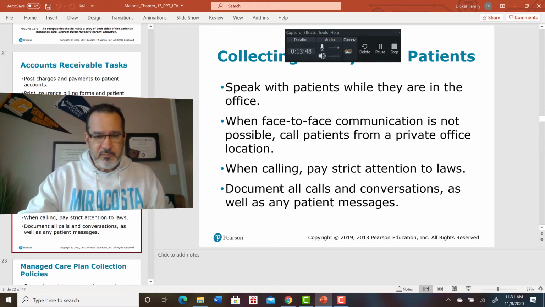Okay. And you've got to remember, it's always a sensitive issue whenever you're talking to people about money, right? So remembering that, having empathy with patients, understanding that this is difficult sometimes for patients is important to remember, okay? So face-to-face is typically the best way to do it. But be considerate and be kind with patients, and understand that they may be going through some troubles that we need to try to be mindful of.